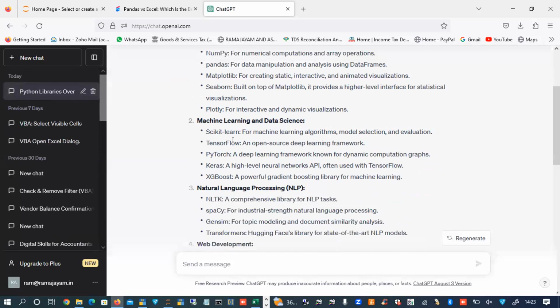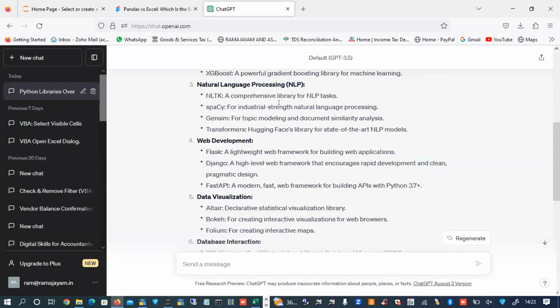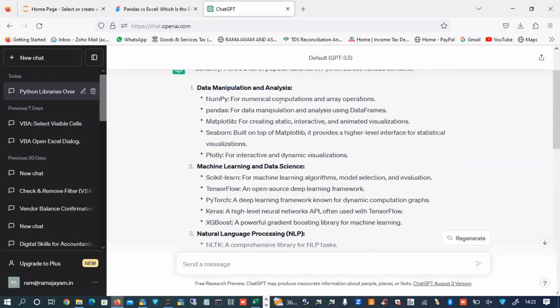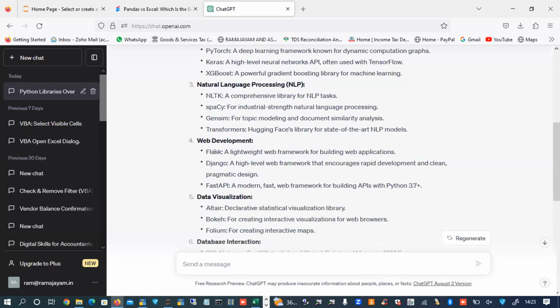For machine learning, you can use Scikit-learn, TensorFlow, PyTorch, or Keras. So every area of operation, the library changes. For example, for web development, you can use Flask or Django. Django is a framework or library where 80% of the websites in Python are built. Flask holds another 20 to 30% market share. If you want to develop a website or web application, you need to use either one of these libraries.